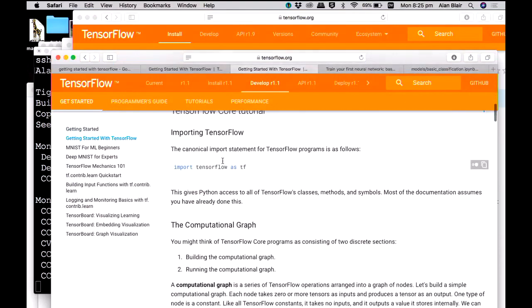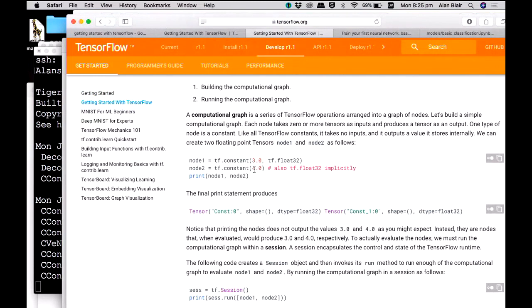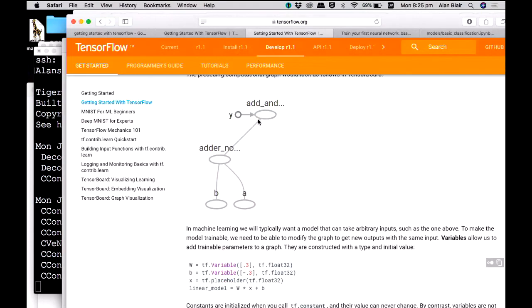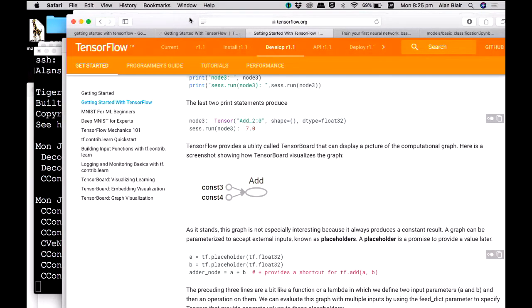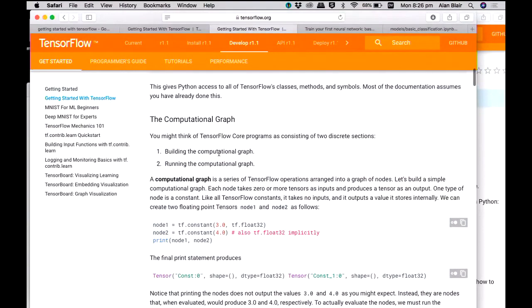I've just gone back to show you a very, very simple program in TensorFlow. I've gone back to one of the original tutorials from 1.1, and what this does is just a linear regression.